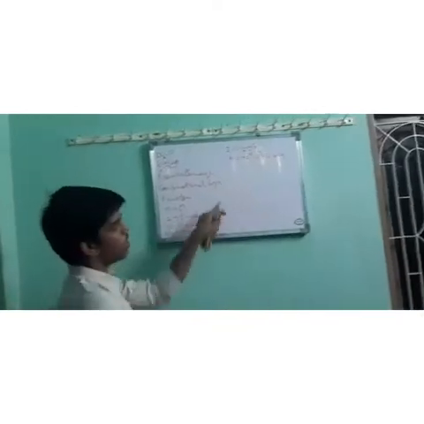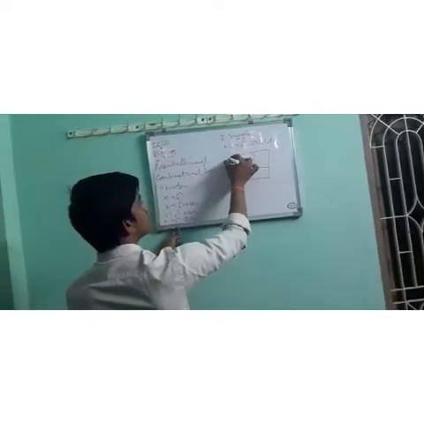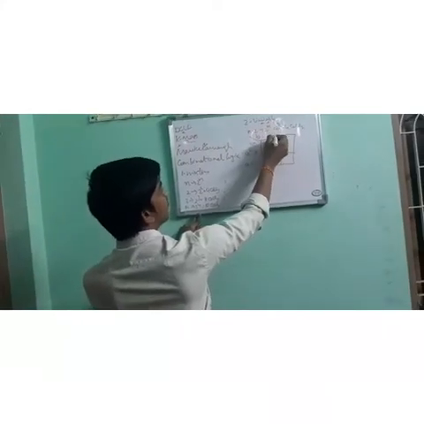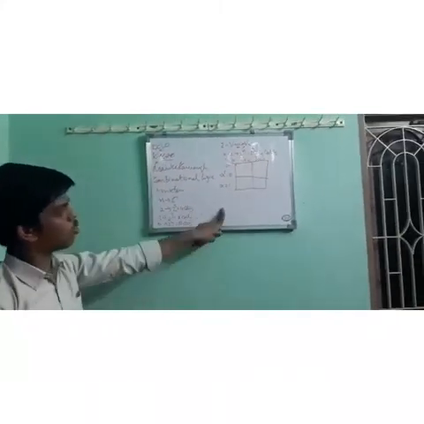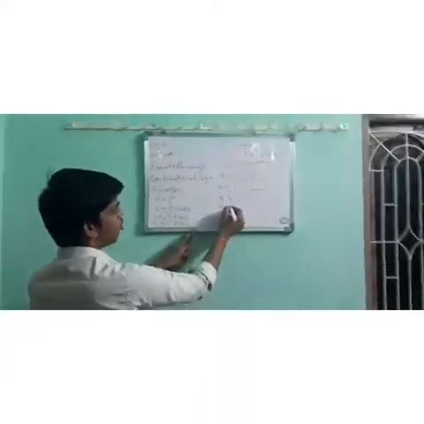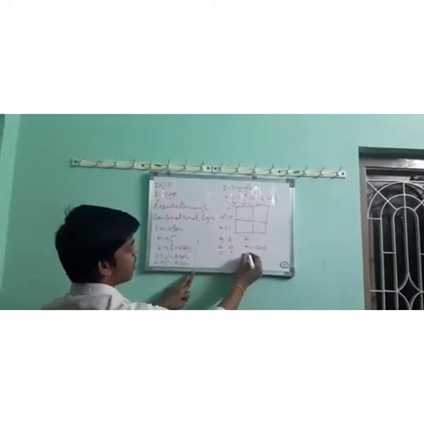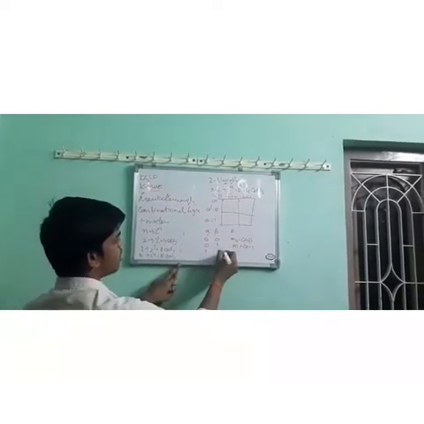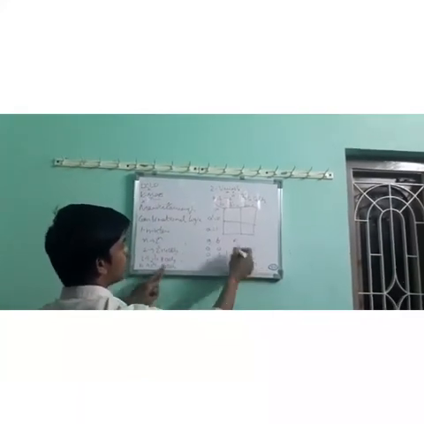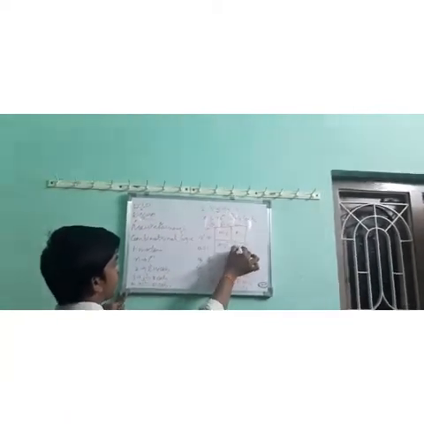Here in pictorial notation, it is represented as follows. There are two inputs, A and B. Here A complement is equal to 0, A is equal to 1, B complement is equal to 0, B is equal to 1. In the truth table form, it can be represented as A, B, F. A equal to 0, B equal to 0, M0 is equal to 0, 0. A 0, B 1, M1 is equal to 0, 1. A 1, B 0, M2 is equal to 1, 0. A 1, B 1, M3 is equal to 1, 1. So this can be represented as M0, M1, M2 and M3.